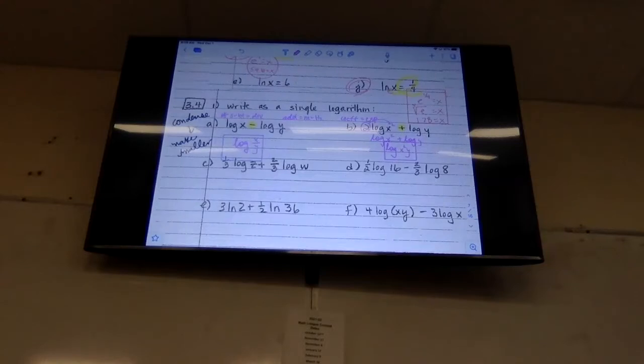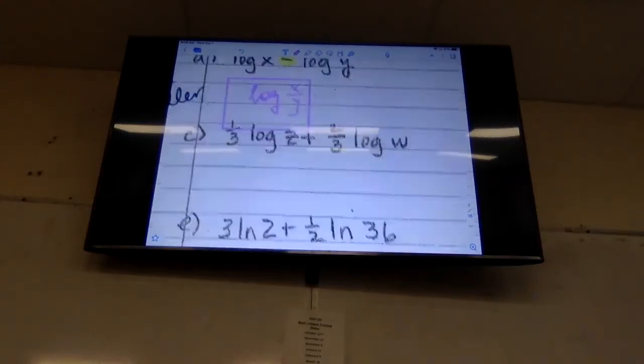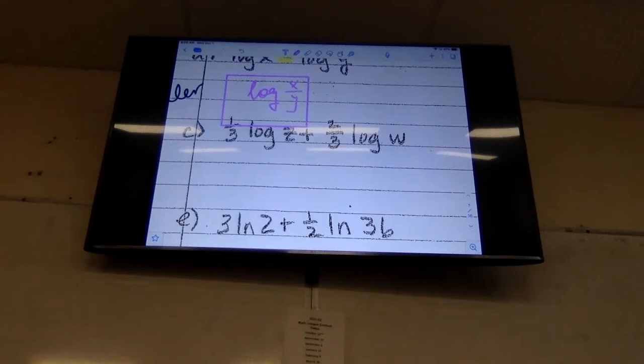All right, let's keep moving. The next one says 1/3 log z plus 2/3 log w. Let's make our coefficients go as exponents. So log z to the 1/3 plus log w to the 2/3. Do you remember what it means when I've got a fraction as an exponent? A fraction as an exponent is a radical. So instead of log z to the 1/3, I want it to be log of the cube root of z